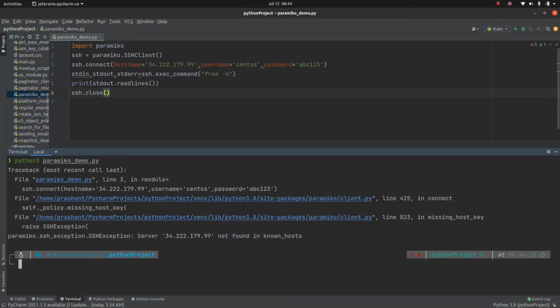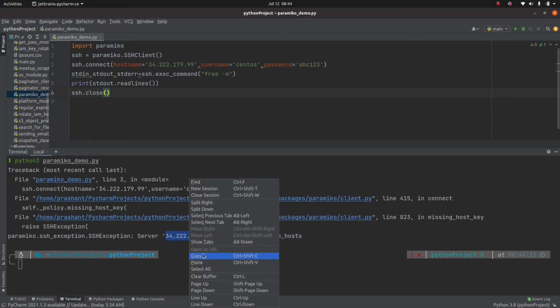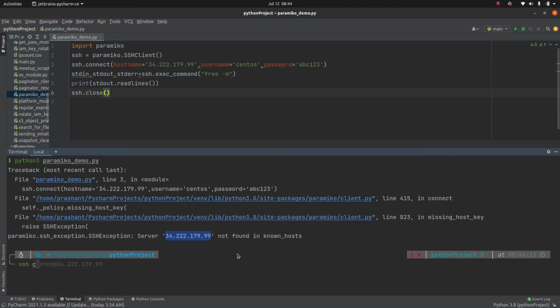Now if you execute this code, you are going to get this error, which says paramiko SSHException: the server is not found in known hosts. Let's try to SSH to this machine without using Paramiko.